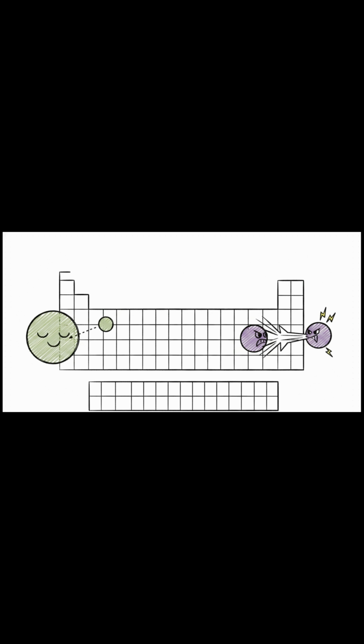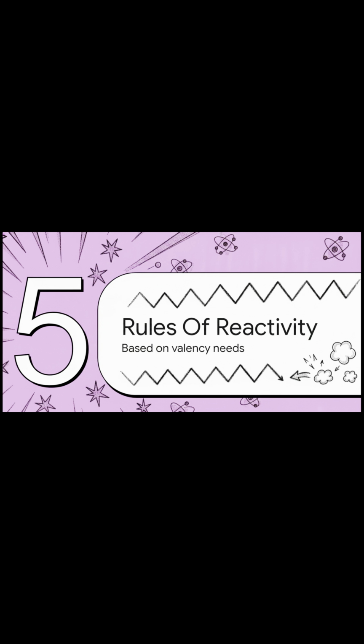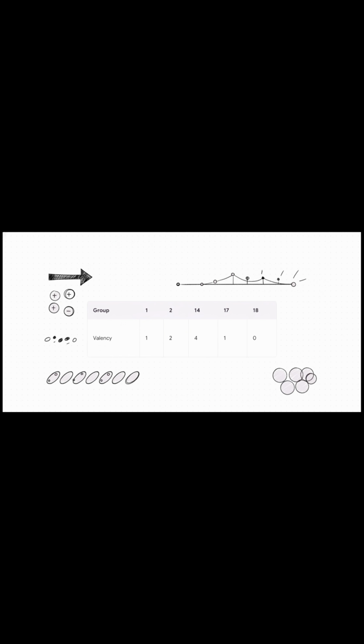By just knowing that moving left to right shrinks size, you instantly know exactly where the best metals and nonmetals live. Let's see how all this builds into Section 5, the rules of reactivity, which is based entirely on valency needs. You see, reactivity is heavily tied to valency. Think of valency as an element's needs, how many electrons it has to lose, gain, or share to be perfectly